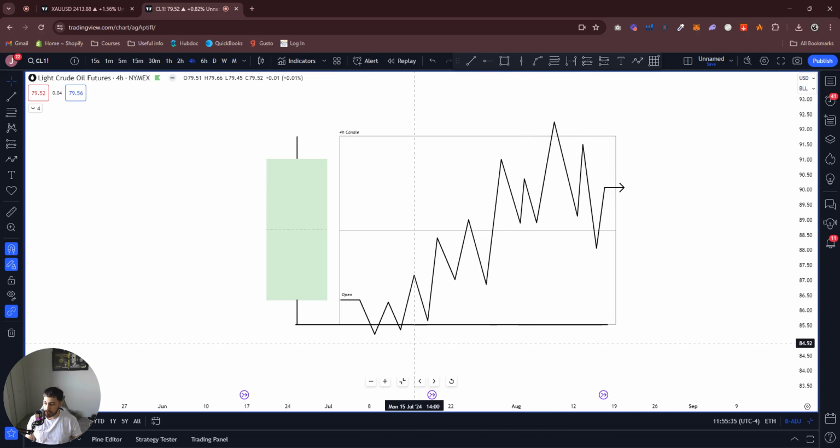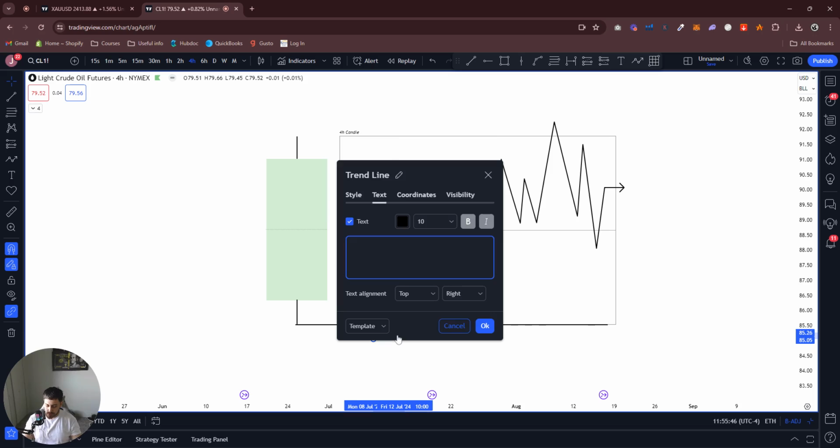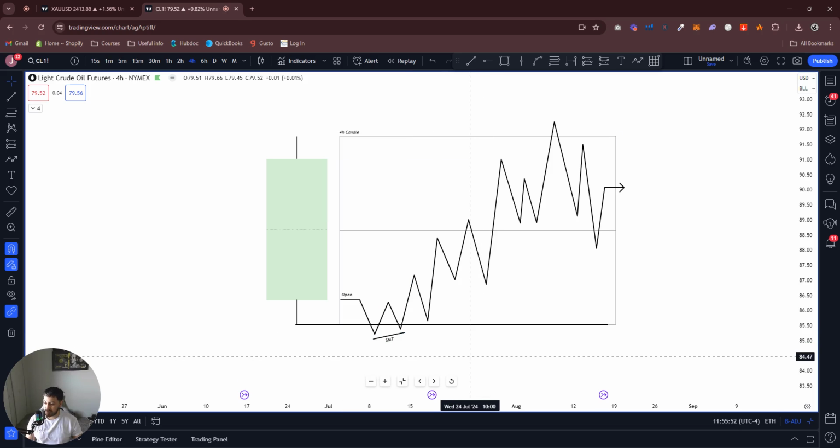Okay, we sweep the low. So let's say that the other index makes a lower low and this one here makes a higher low. Okay, what do we have here? We have an SMT divergence, right? So we have an SMT divergence here. So this is where the manipulation happens, and this is where you would want to get in ideally if you